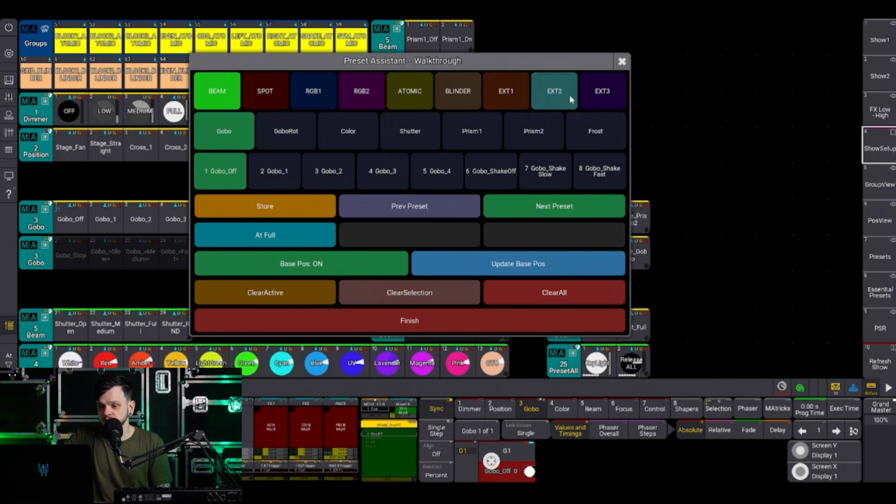So this is the preset assistant view. It already prepares the environment for you, turns off the effects layers if you forget to turn them off, if you have something happening on your layers. It also selects the first group and lights it up. Let me bring the